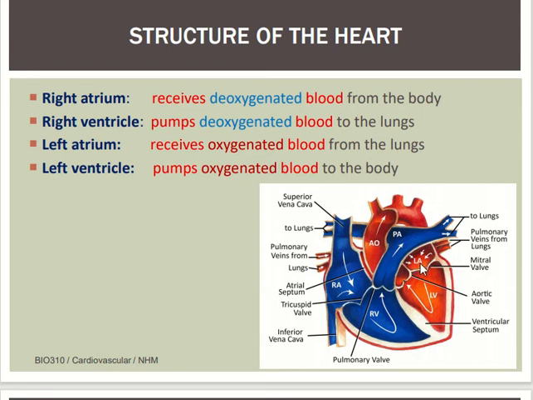Okay, so the left atrium is the first part of the heart that receives the oxygenated blood, and then it will push the blood towards the left ventricle, and blood from the left ventricle will pump out from the heart through the aorta, goes to the other parts of the body, and